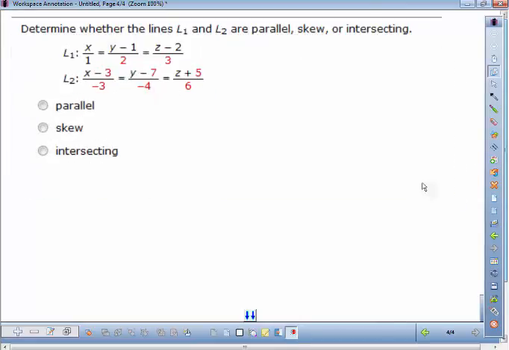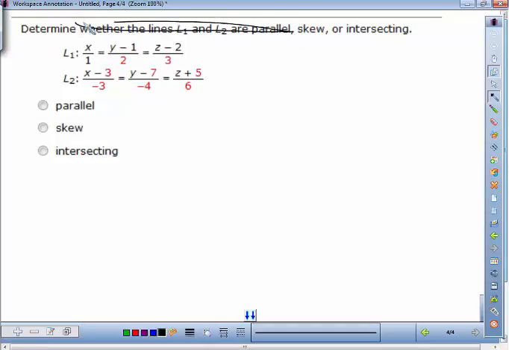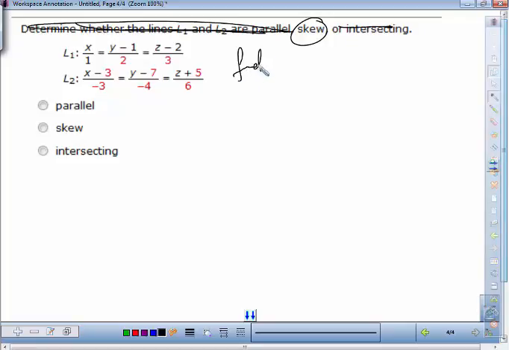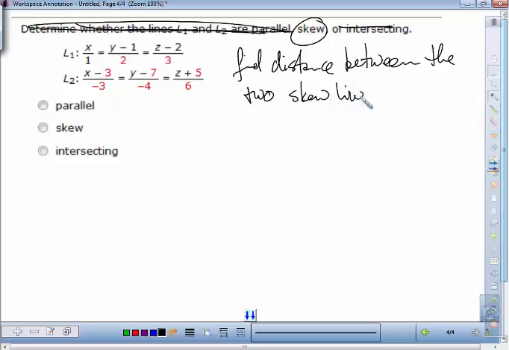So I'll keep it like that, and then I'll just find the distance between the two skew lines. Find the distance between the two skew lines. Okay. So if they are skew,